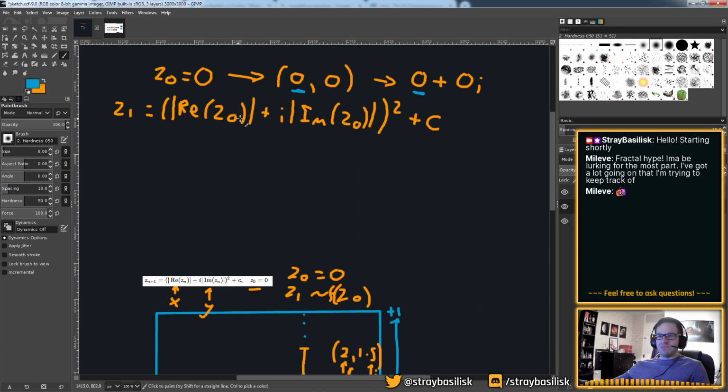In this case, the real part of z0 is 0, so we're down to the size of 0, which is again just 0. And then we have the imaginary part of z0, which is the second number, this bit here, which again is 0,